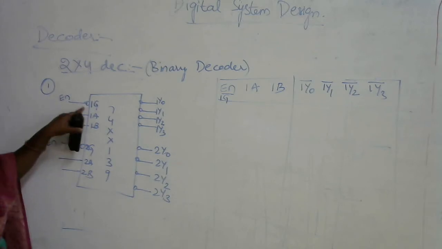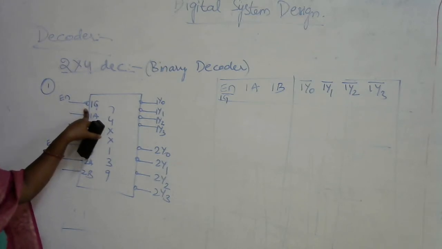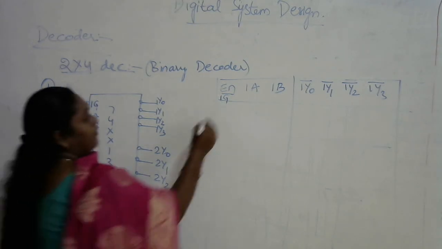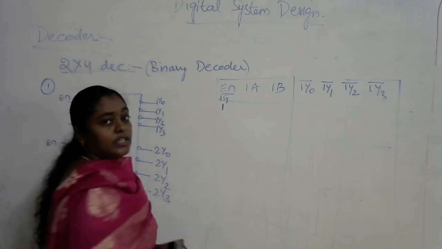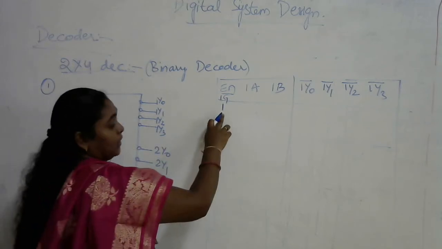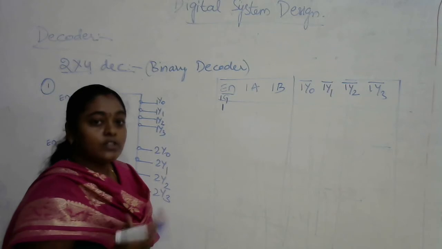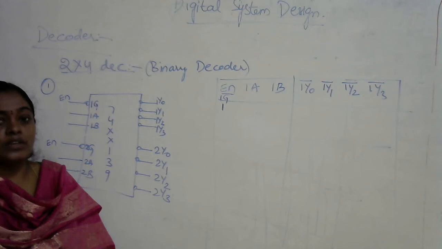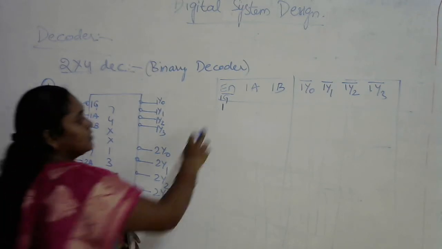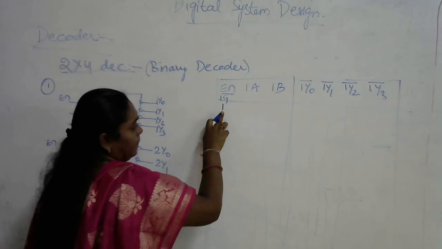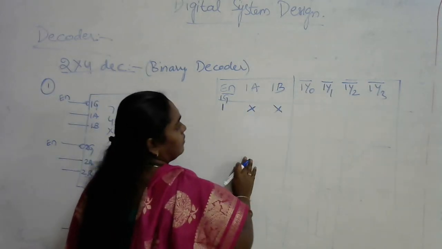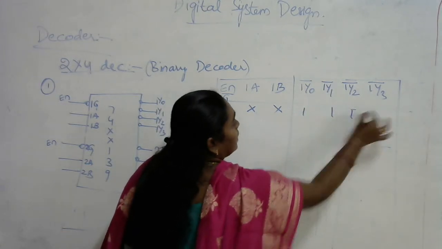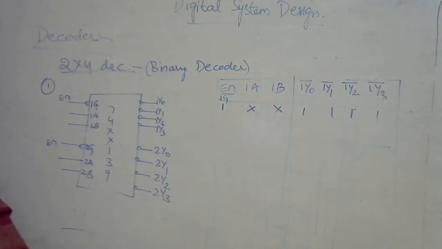So as it is an active low, in order to start its functionality, the input of this enable pin should be equivalent to 0. If enable is 1, that is just the reverse of the previous case. Previously, if enable is 1, then only the circuit is going to function because of its active high. As it is active low, whenever the corresponding input is 0, then only the circuit is going to function. So, whenever enable pin is 1, irrespective of these A and B values, always the outputs are going to be 1 because all these are active low outputs.